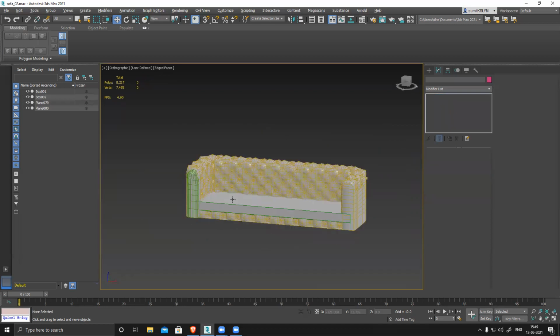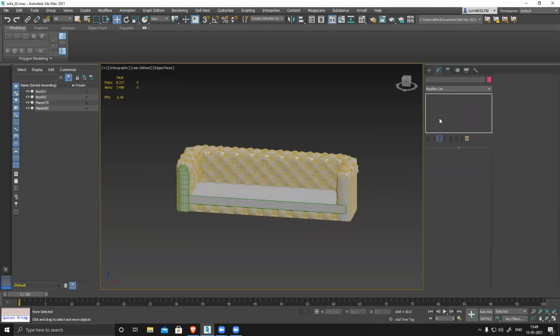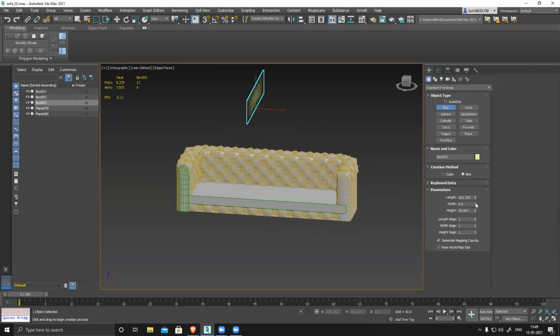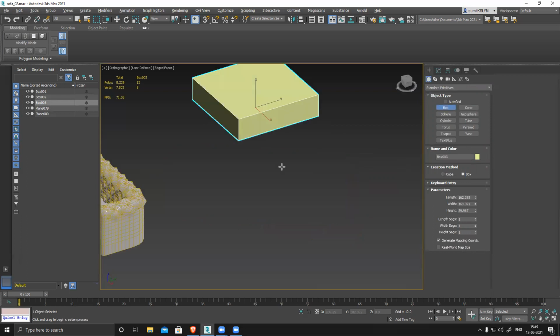Now the only thing required is the cushion. Cushions have edges with no thickness, right? On cushions, all the edges are together and the center part is puffed. So suppose I create a box like this. This thickness is not there in a cushion or pillow. So what I have to do is the width. Oh, not this one. Width. This width is fine.